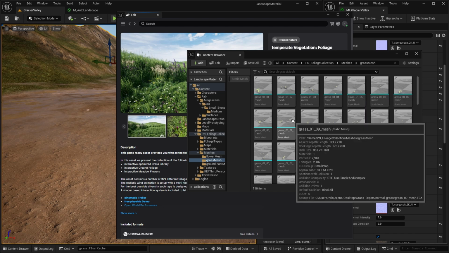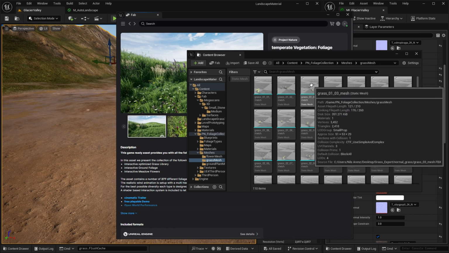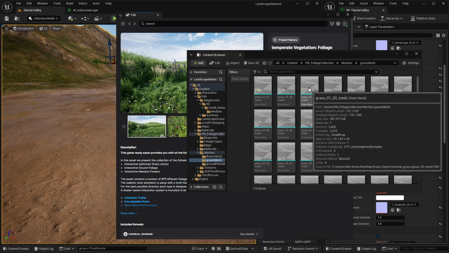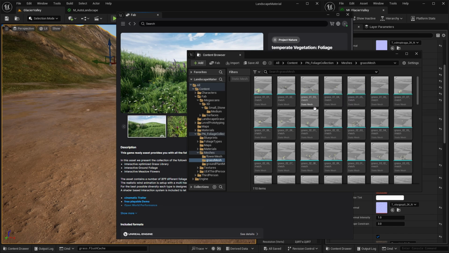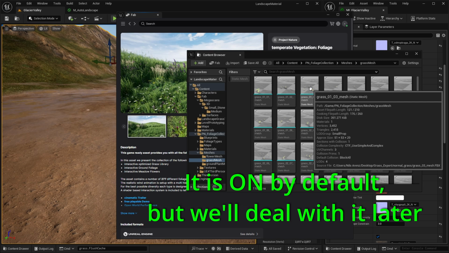This can also do, I think, wind animation, so that you can have the flowers swaying, but be aware that you want to probably have that switched off in the distance so that it doesn't use up too many resources. I don't think it's on by default, so it won't be an issue.